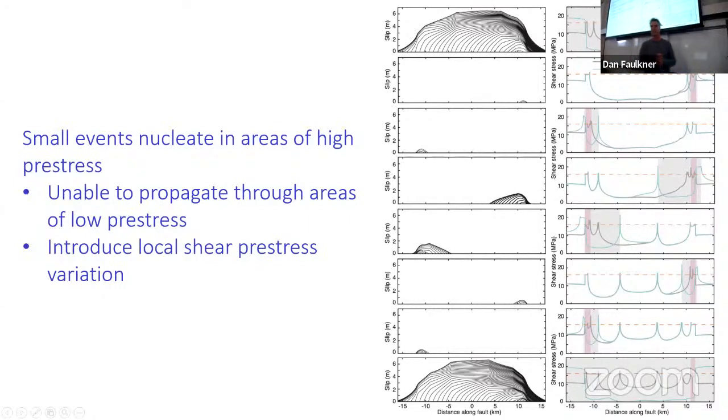Models like this changed my view. I was taught that all faults are critically stressed. They're at the point of failure, and all you have to do is drop an extra straw on the camel's back and you'll get an earthquake. These models tell us that as long as the stress somewhere on the fault is high enough to nucleate an earthquake, that earthquake may be able to propagate through some pretty understressed parts of the fault, which really don't have half enough stress on them to slide the fault. But because it's a dynamic event, at the rupture tip we get this big stress concentration that can plow through these low stress regions.